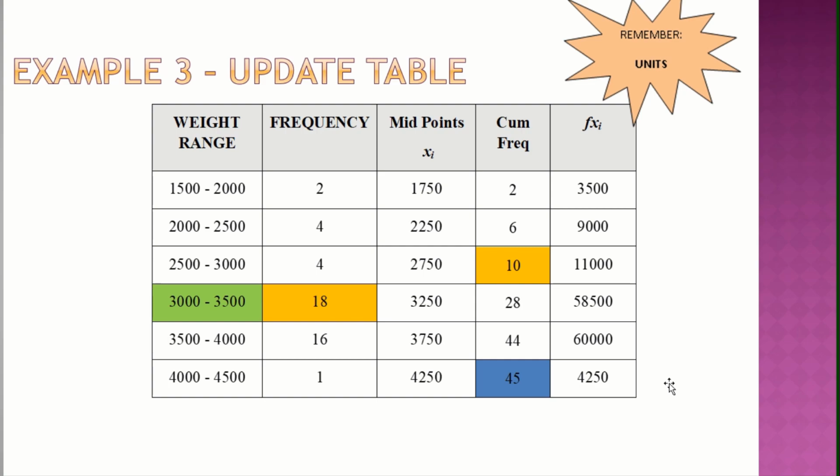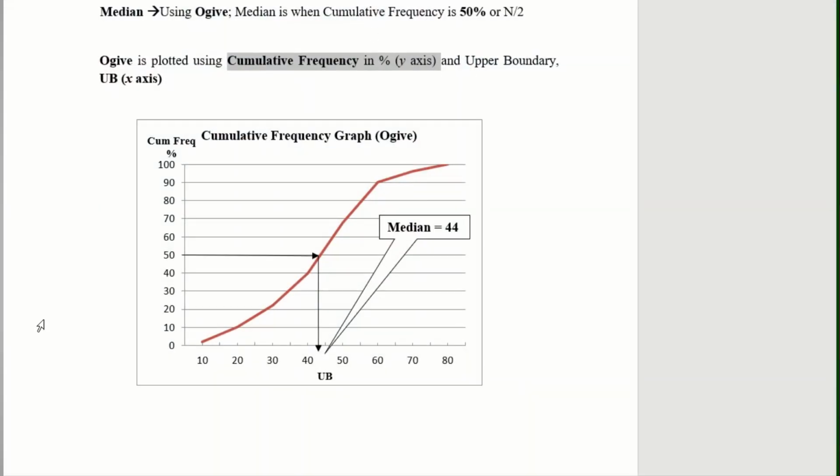So you need to add an extra column, CF percentage. You can see here 0, 10, 20, 30, 40 and 100. The last one will always be 100. And upper boundary, no midpoint. Now please delete this midpoint from your brains. So upper boundary and CF percentage, and you will draw it. You can use a ruler. No need to draw freehand and have that curve. Just draw with a ruler and finish it.